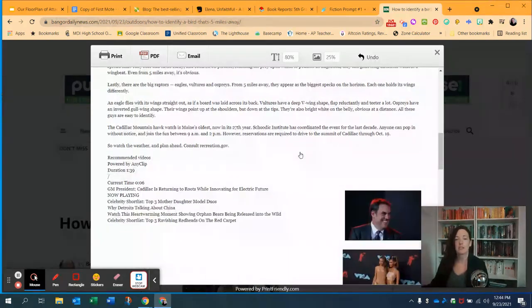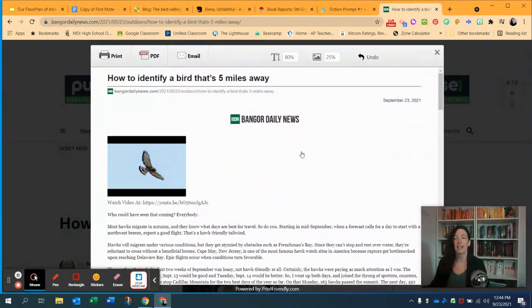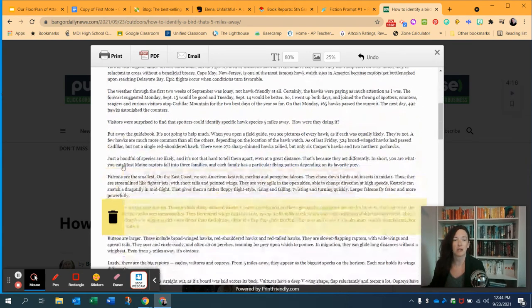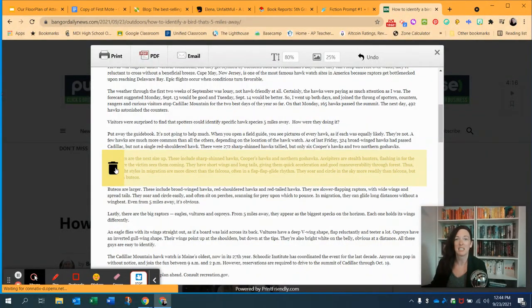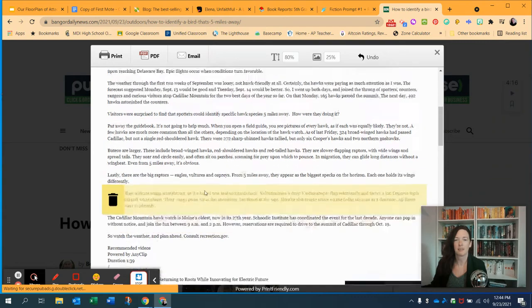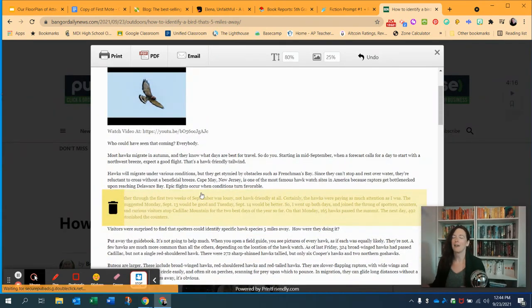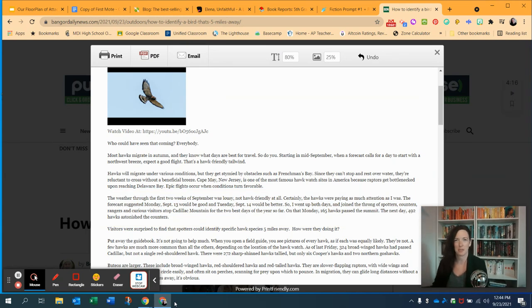I also used it to differentiate text. So if I had a very long article that I wanted students to read, but I knew I had some students who wouldn't make it all the way through the article, I was able to go through the article and pull out the sections that I just thought they didn't need. And so it left them with the essential sections, and everybody still had the same article in their hands. And so, of course, in Google Classroom, you can give different assignments to different students, and this is one way